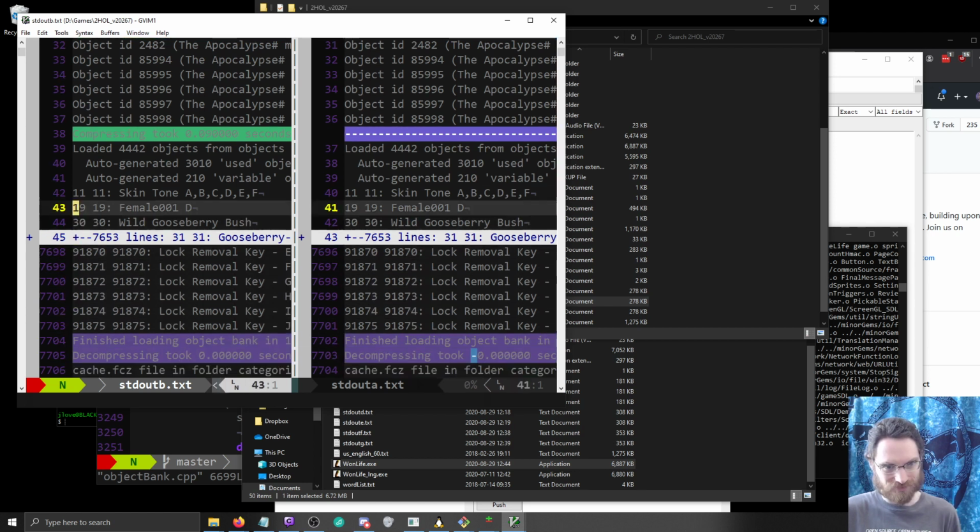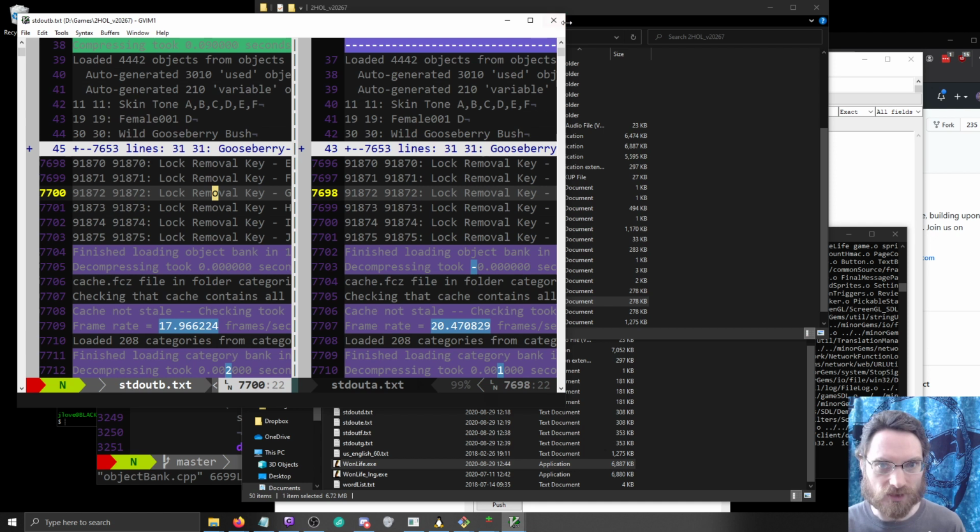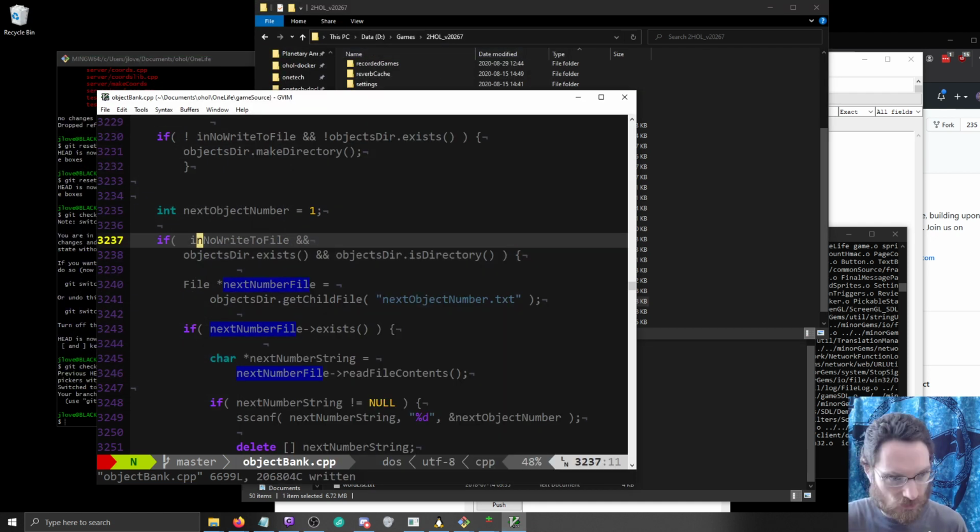No. That's all the objects there. Compressing. Everything matches up perfectly. Well, all right. I mean, maybe it's something like later on in the process that's doing it. So if we apply the patch,